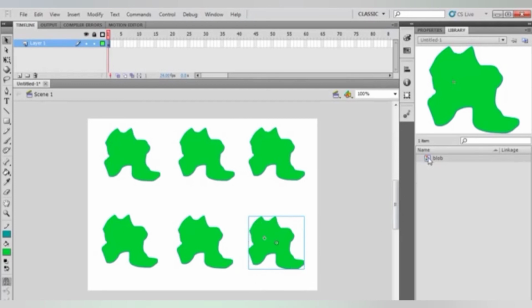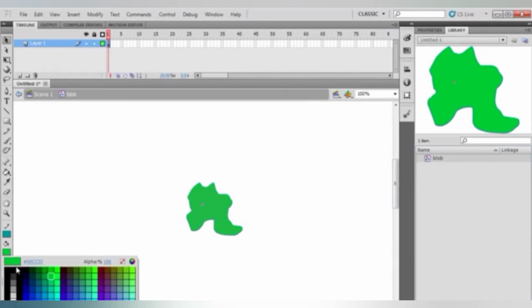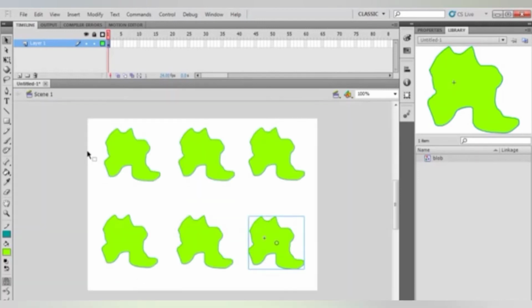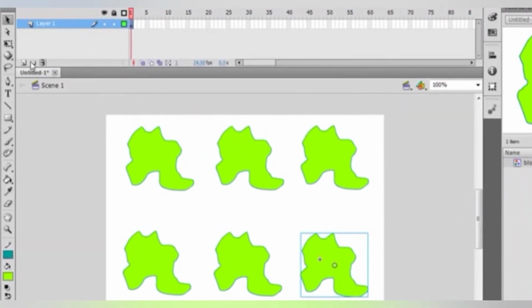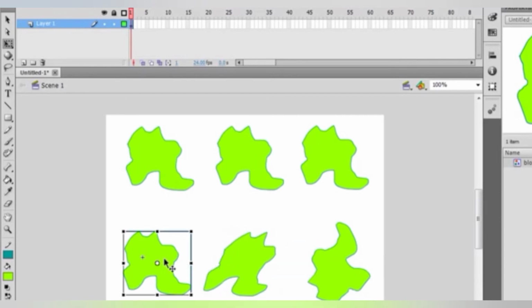Choose Convert to Symbol option in the Modify menu or press F8 function key. The Convert to Symbol dialog box appears on the screen. Select the symbol type as graphic and give a suitable name to it. Click OK button.